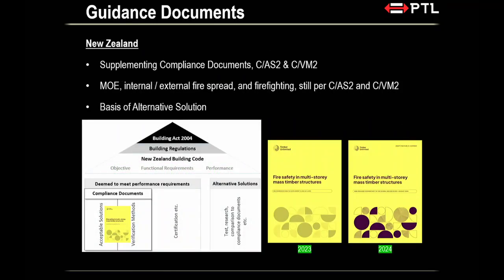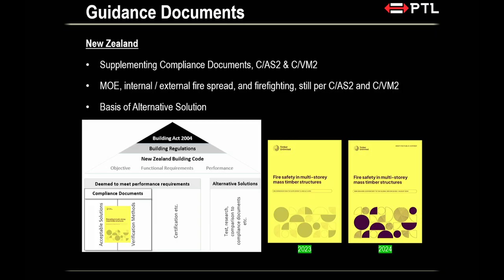All right, so in terms of documents, these are all available online. If you don't have them, I suggest you download a copy. These are all on the Timber Unlimited website. What we have is a supplement document. This is very short. I suggest you start with this if you want to. It's about 15, 20 pages long. It describes a lot of the guidelines, the general rules and ideas around how to deal with mass timber and fire safety. This is a much bigger document, 150 to 200 pages of commentary, with various chapters talking about fire dynamics, the design of connections, fire separating assemblies, fire spray, etc., right?